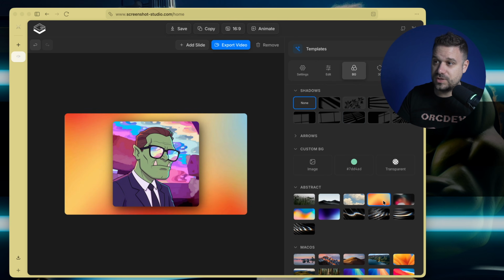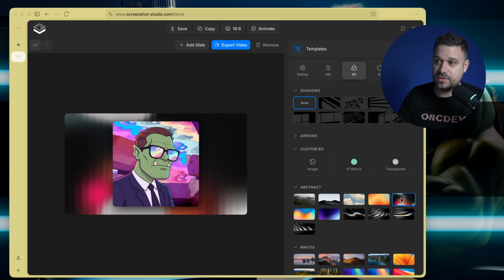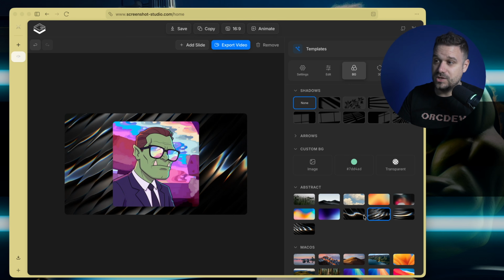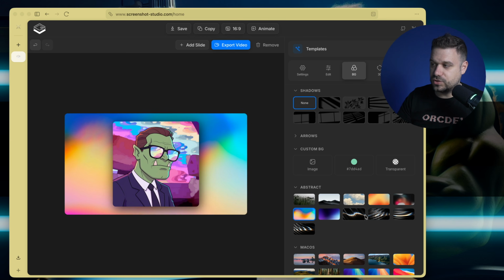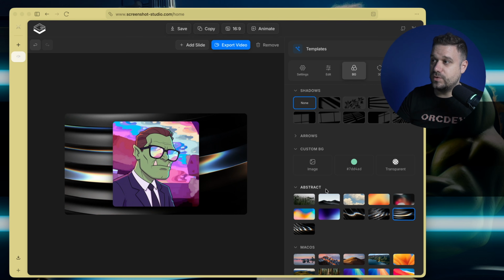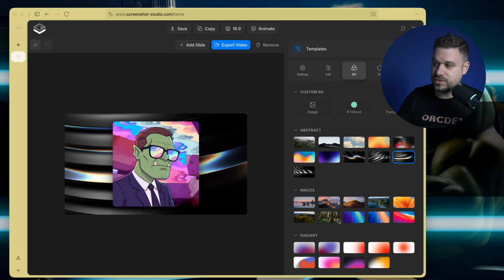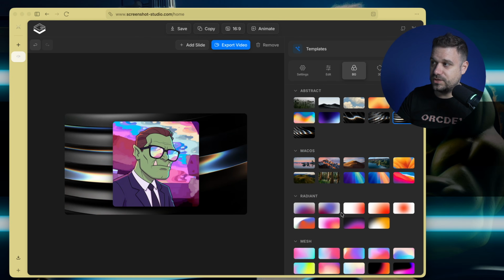So we can put here all those fancy backgrounds that we can see nowadays on X and everywhere where people are sharing some screenshots. This is really an awesome tool for something like that. We can put here even shadows. Check this one out. For example, this is really awesome